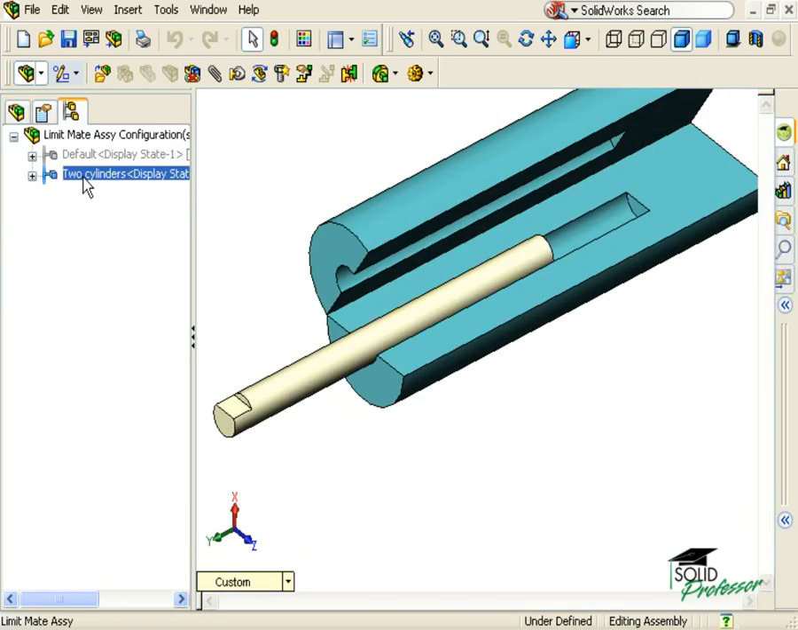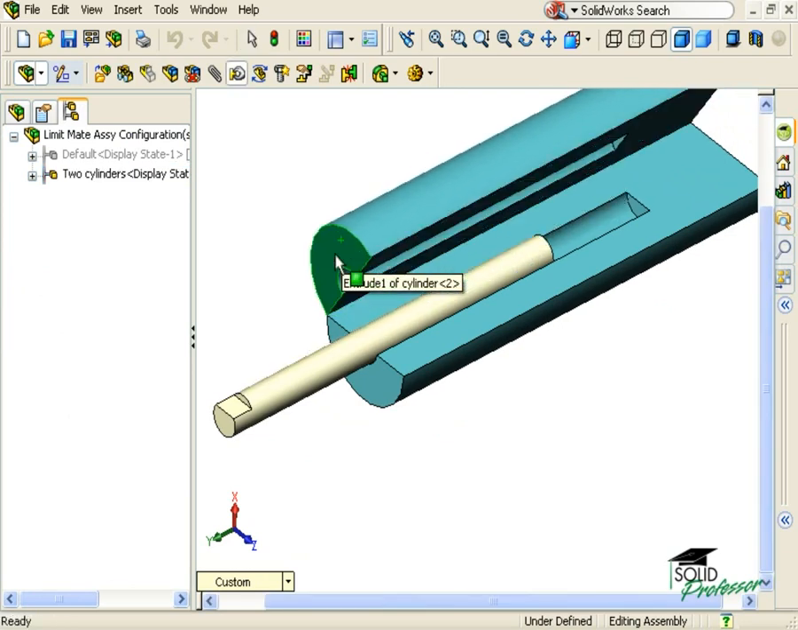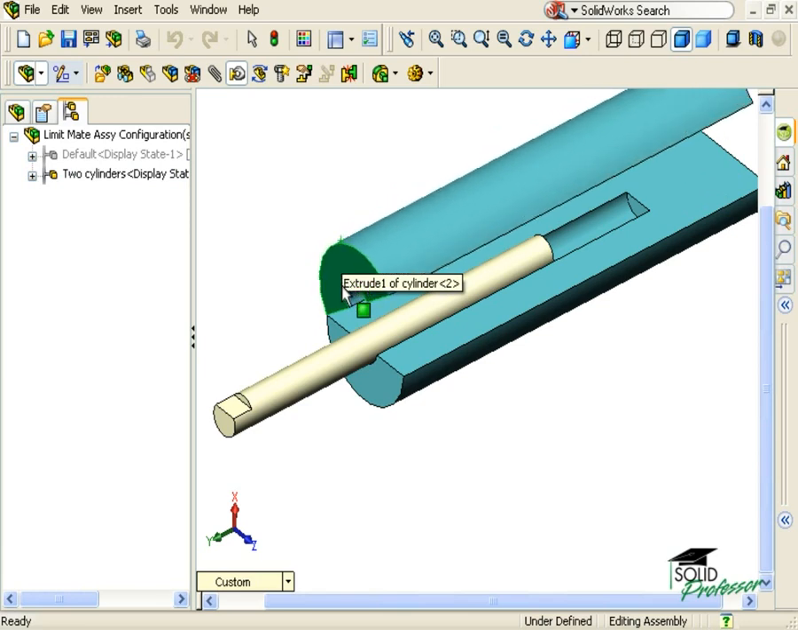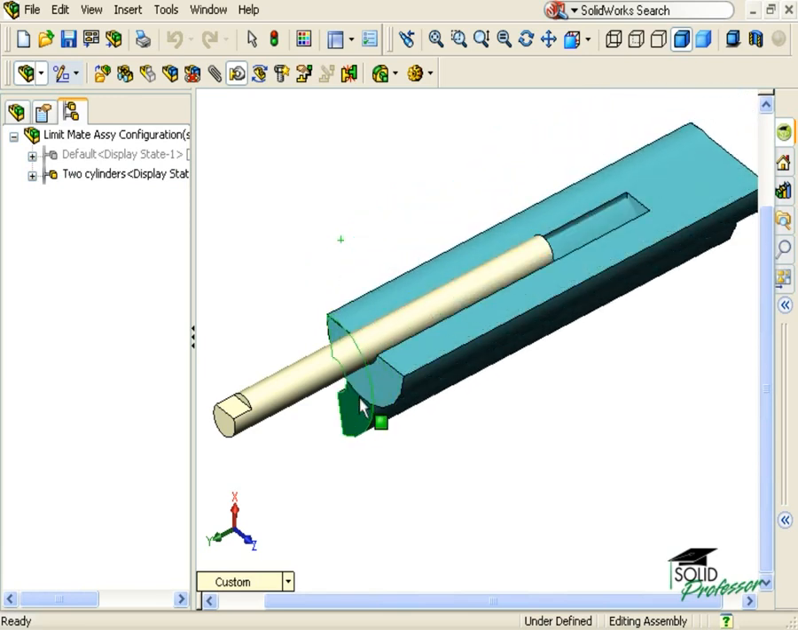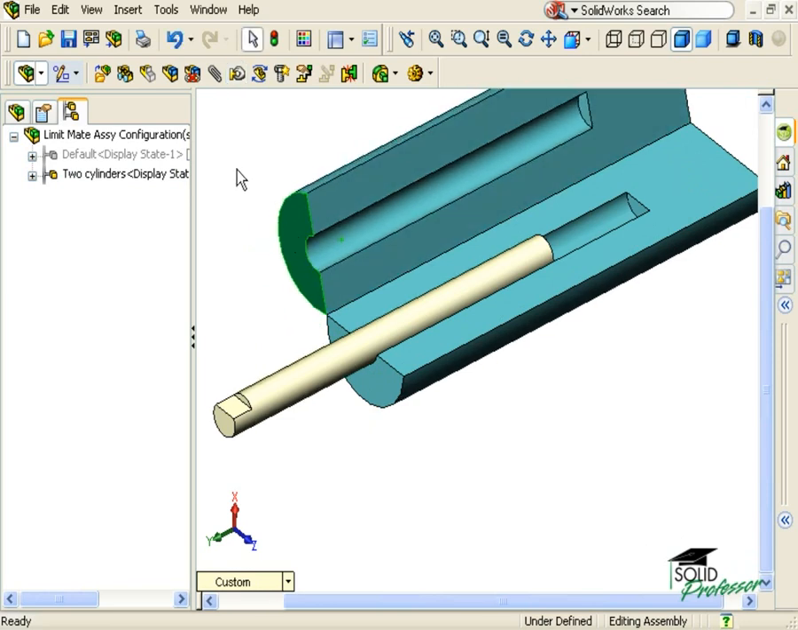In addition to using the distance option to establish a range of motion, you can also use the angle option. Here the second cylinder is mated such that it pivots about an edge. Before applying a limit mate, the components are free to pass through each other. I'll insert a mate,